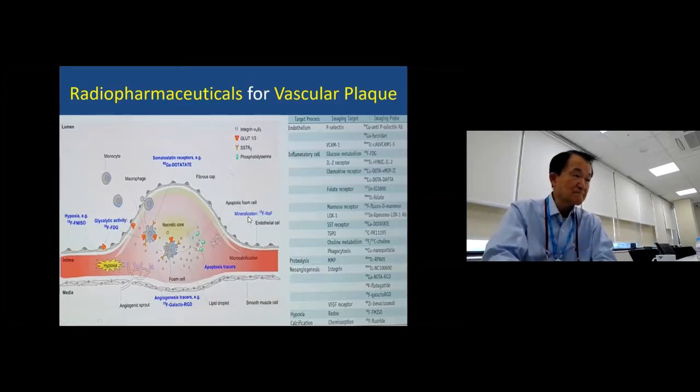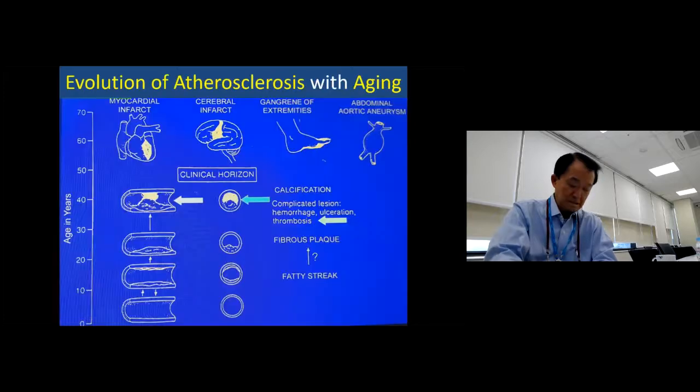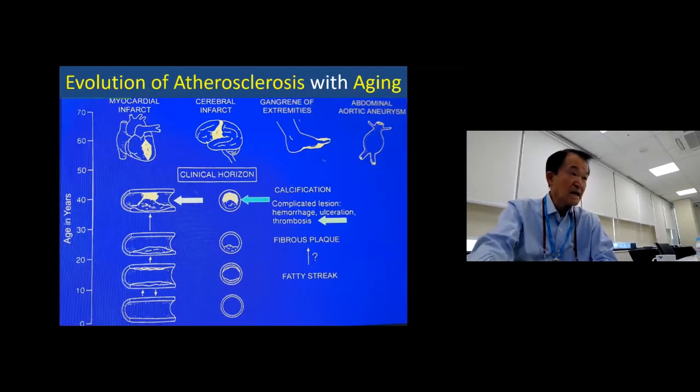So the aging process makes all calcification, myocardial infarction, cerebral infarction, certain gangrenes, and aneurysm with calcification. So it's a calcification,